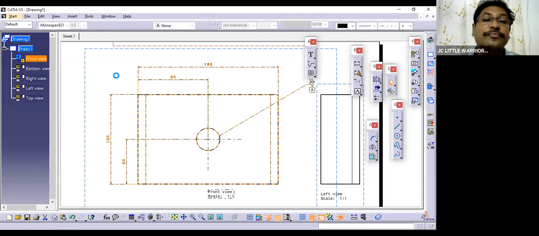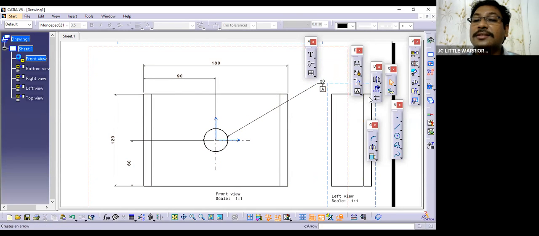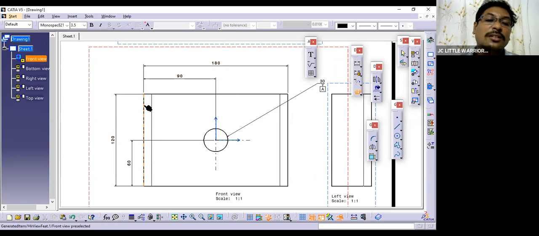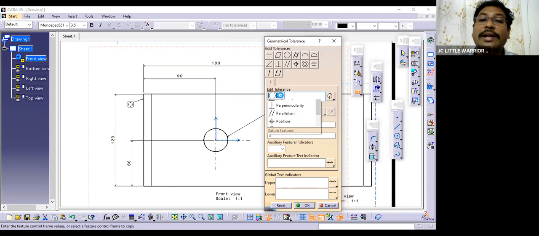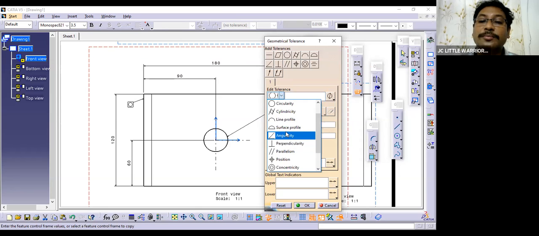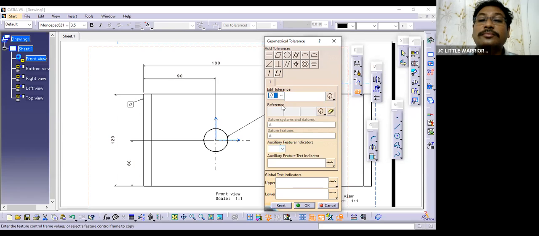Okay, this is first datum, and the second datum, let us consider one plane, you want to control the flatness, okay, for example, parallelism, you can say here